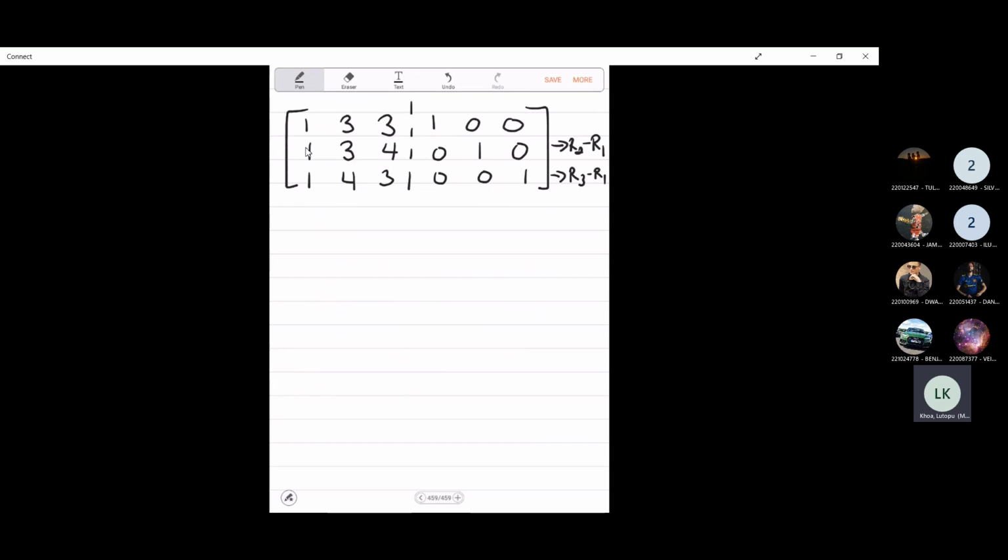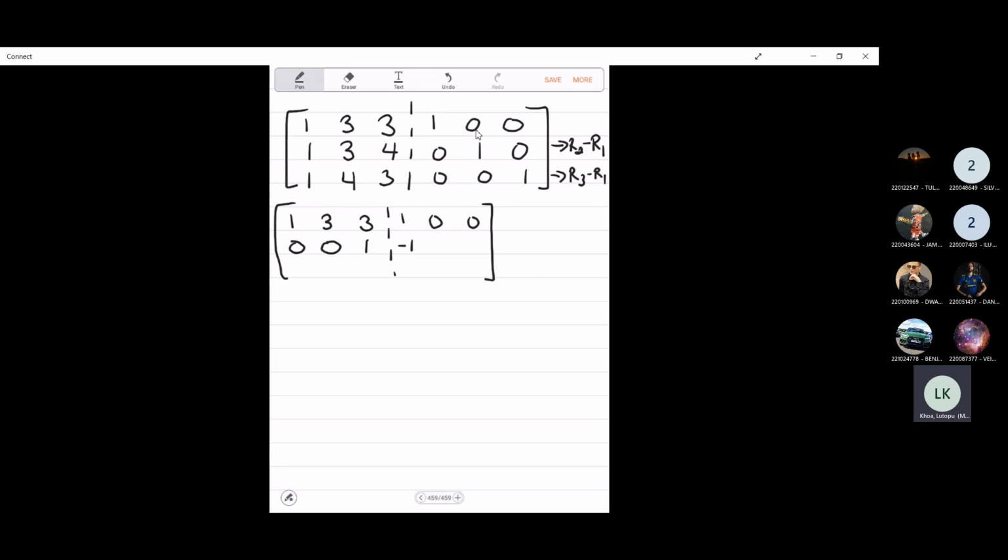Okay, then what I have after that, first row hasn't changed, so it's 1, 3, 3, then 1, 0, 0, then 1 minus 1 is 0, 3 minus 3 is 0, and then 4 minus 3, this is 1, then 0 minus 1, minus 1,